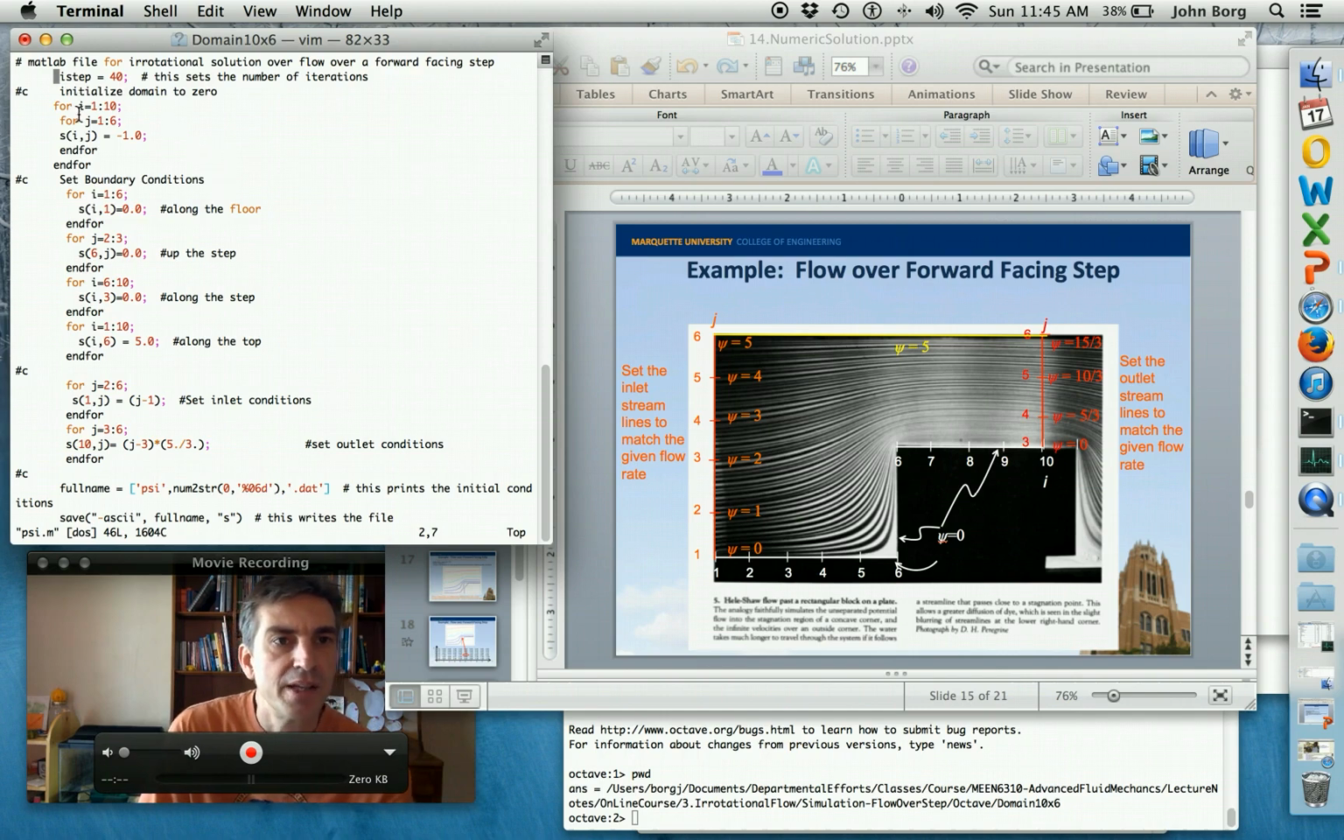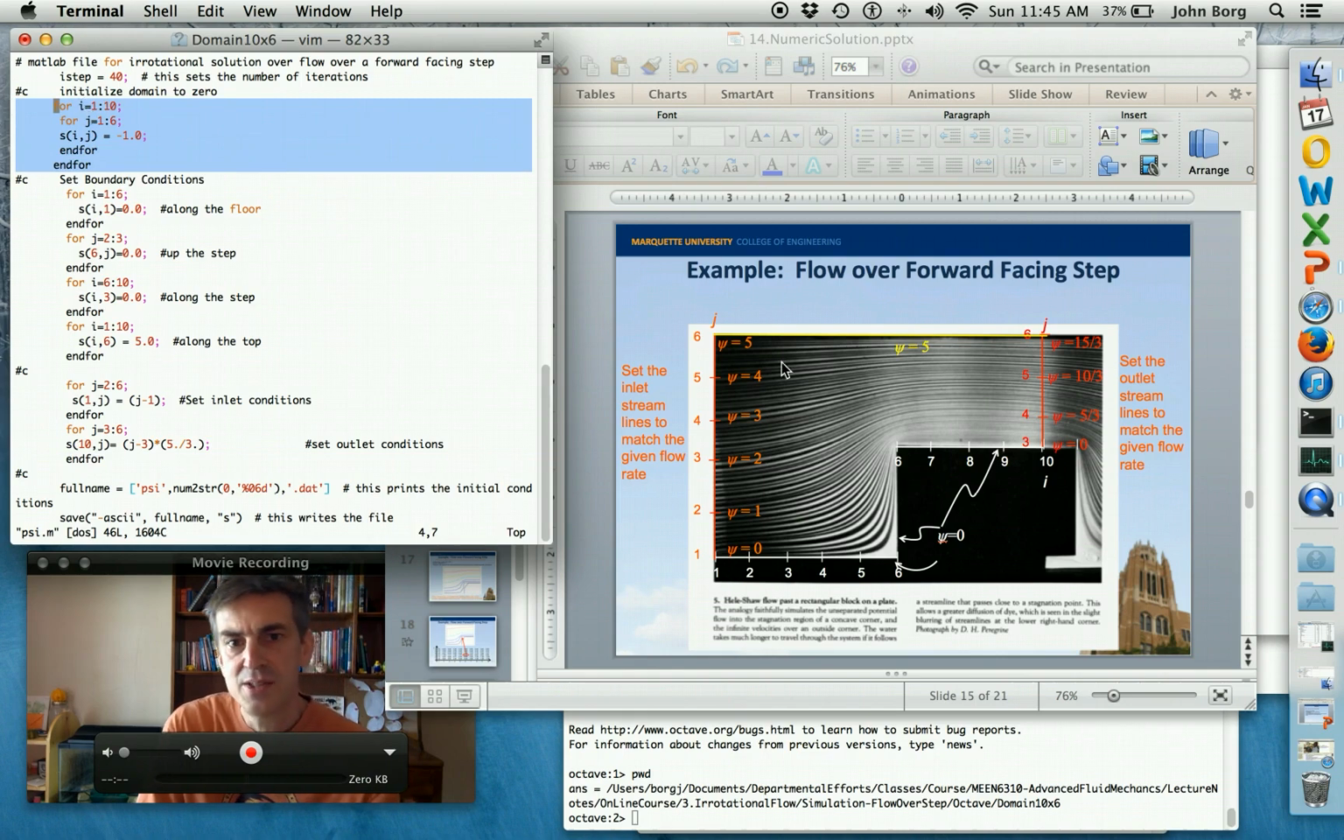And that variable is not being used yet, but I'll show you where it comes in. Now I get into this nested loop. So this is a nested for loop right here. You can see I'm marching through I and I'm marching through J. This domain here is 10 in the I direction and 6 in the J direction. So I march through for I equal 1 to 10 and for J equal 1 to 6, and